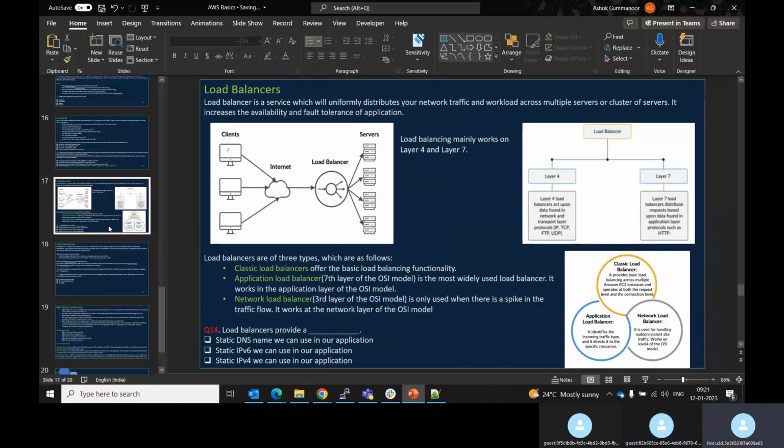Load balancer. What exactly do you understand? What is the load balancer? Do you have any idea? As the name indicates, it is load balancing. Whatever pressure it gets from the website, it will balance it and run the website smoothly. It's actually a service which uniformly distributes your traffic, internet traffic, network traffic, whatever traffic you